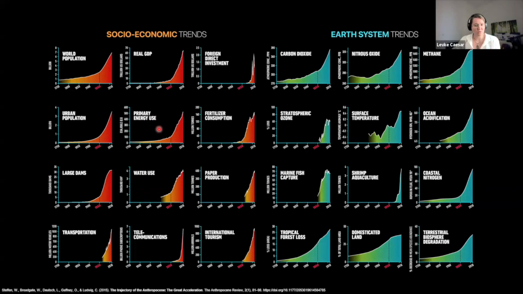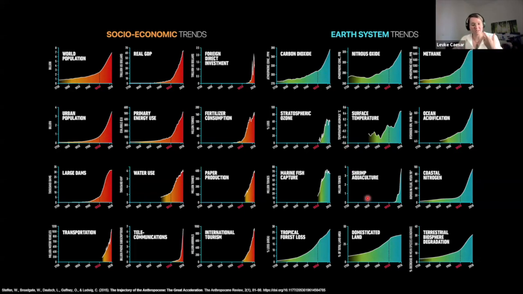And this extreme use of resources has had direct impacts on the Earth system, which you can see on the right-hand side. So most of you are probably familiar with the rise in greenhouse gases in the atmosphere, like CO2, but also methane and so on. But we can also see a significant increase in ocean acidification, loss of rainforest, an expansion of cultivated land, and overfishing in the oceans. Whether or not this is officially the beginning of the Anthropocene is a different topic in a scientific discussion, but let's just call it that.